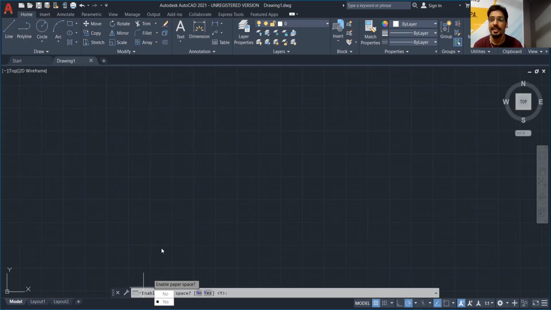If you select Yes, a sheet will automatically generate, and that sheet size is fixed by the company that developed AutoCAD. If we have to produce our own sheet size, then we have to press N for No. So press N, then Enter.